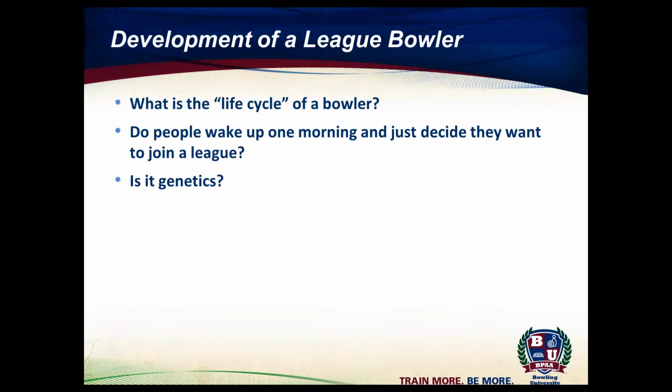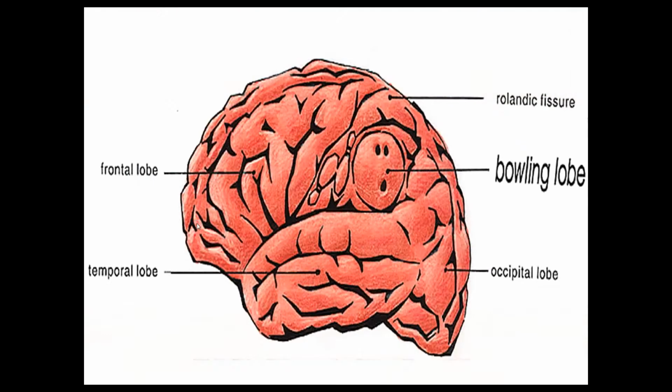I'm not sure you're aware that in testing at the Olympic Training Center, bowlers often outperform other athletes in mental acuity. Well, a recent brain scan of league bowlers shows a remarkable find that this just might be genetic. If you haven't seen this before, it might blow you away. Yes, there is the bowling lobe to the brain. We all knew about the frontal lobe, the occipital lobe, and the temporal lobe, and the frontal lobe. Actually, I didn't know about that, but I do know now that there is a bowling lobe.